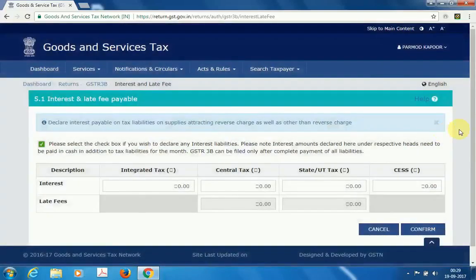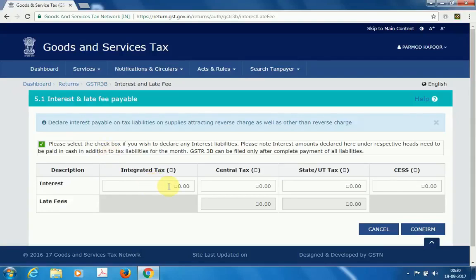Friends, late fees, currently there is no late fee. That's why you can clearly see that this field is disabled. That means if you are submitting your returns a little late as of now, then late fees have been waived by government. But there can be a case of interest, because government has not exempted or provided any notification for late payment of interest. Due date is 20th of the following month.